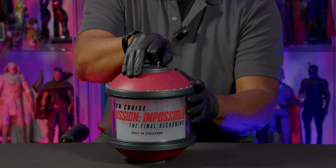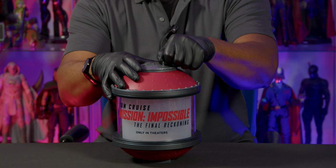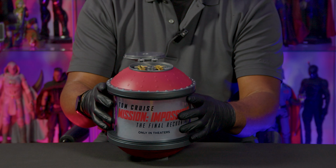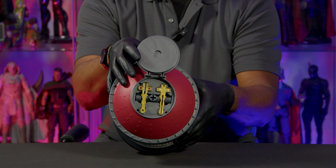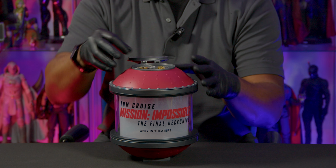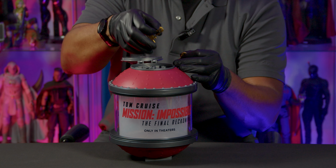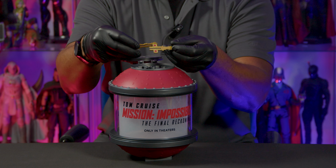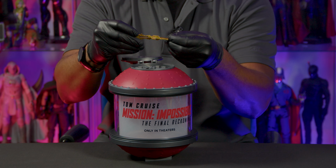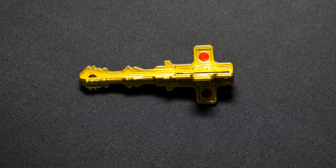There's a kind of a pressure release door similar to what you would find on a Navy ship or submarine or whatever. So let's get this thing open here. Cool. See on the lift top, it's got the cruciform keys that were featured in Mission Impossible Dead Reckoning Part 1, but of course the other film is called Final Reckoning, or the second part basically is called Final Reckoning. So you take the two, oh my god, they're actually metal. That's very cool. So you take the two keys, slide them together, they form the cruciform key, which is actually very cool. Then take that,